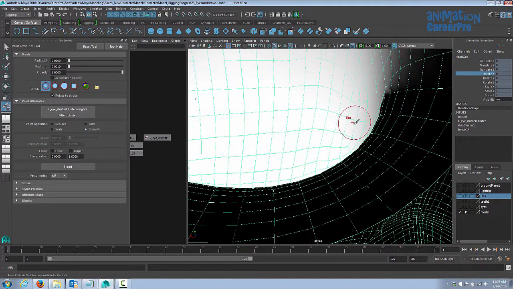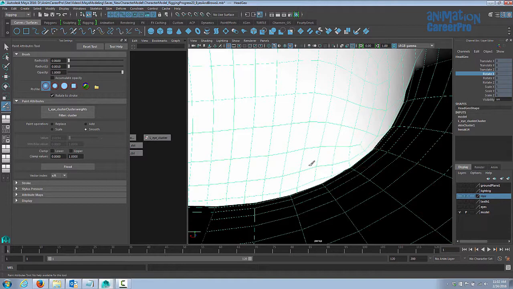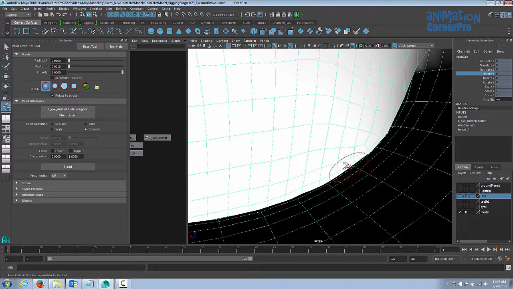And we'll go to our smooth function and just smooth that out. I'm just sort of clicking on individual areas just to pop them back and get a nice rounded form.